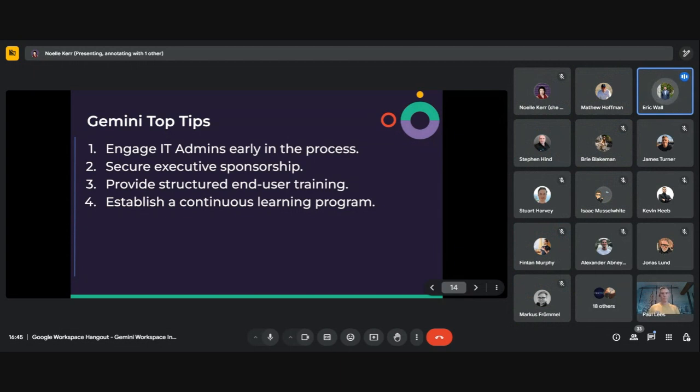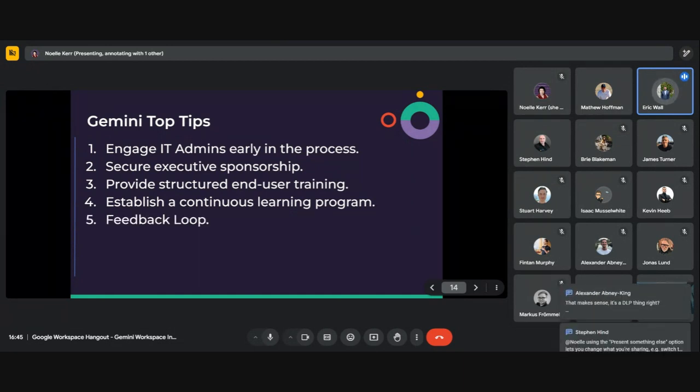Maybe we need to retry it and see, can we replace an existing tool to make the most out of it? There's that continuous learning path to make sure that when updates come along from an IT perspective, they're being pushed out to end users.